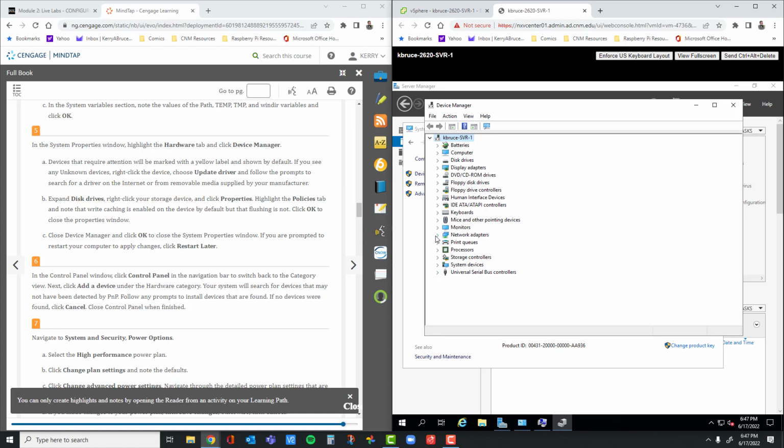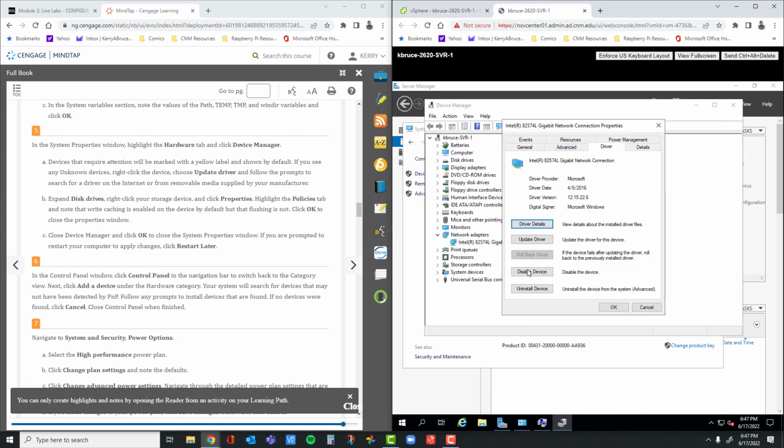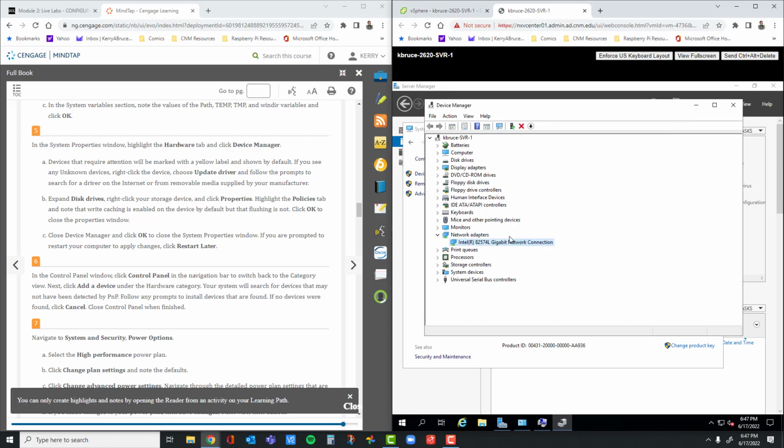If you needed to, say, update a driver, so like this is my driver, I can right mouse click and update the driver. I could also go to Properties, go to Driver, and roll back the driver if I had installed an update and something wasn't going right. I haven't done any of that kind of stuff on this machine. We're also running on a virtual machine, so most of the drivers are going to be fine on our virtual machines. But in a normal server, you're going to be looking for